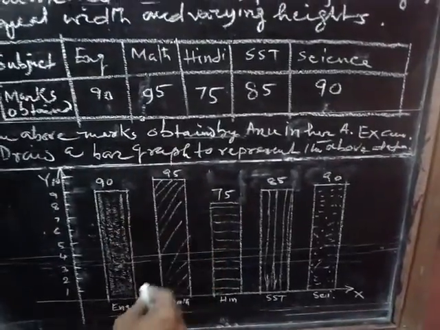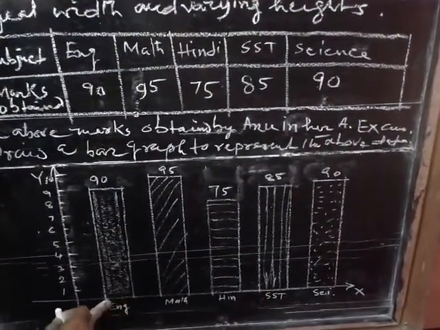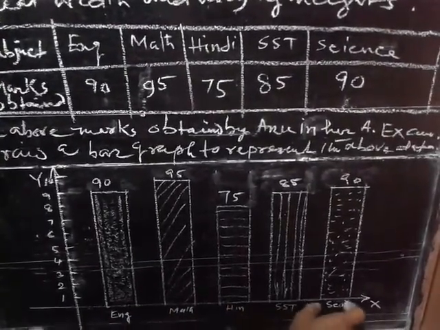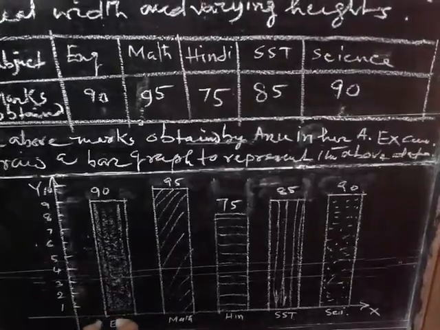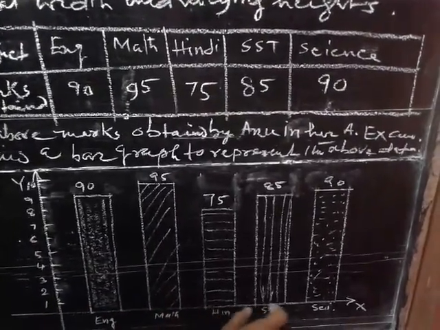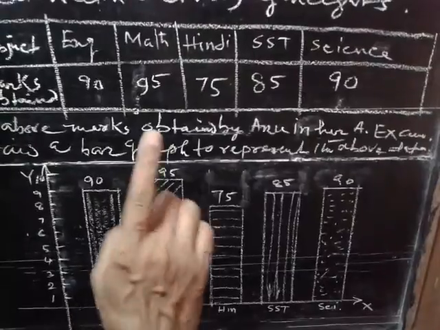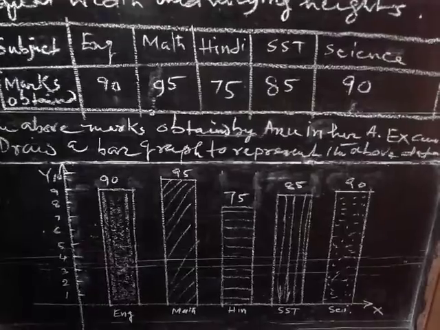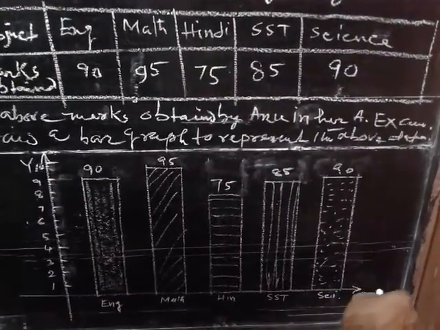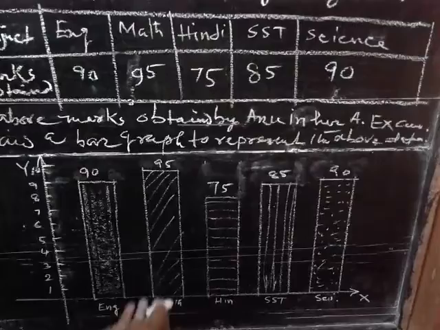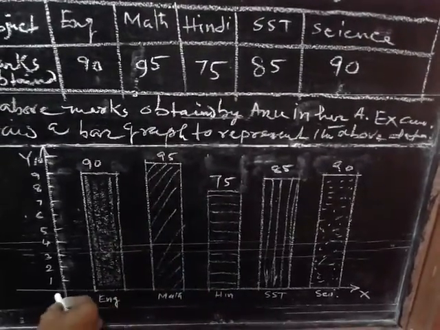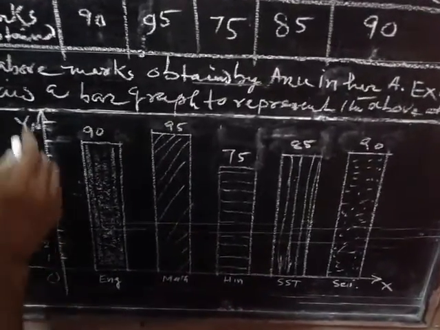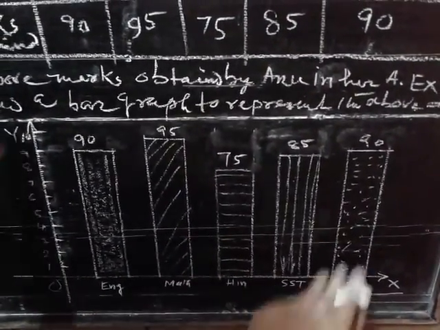This is the criteria you have to follow whenever you are drawing a bar graph. The width must be the same for each bar, and the gap between the bars must also be uniform. Keep these two things in mind whenever you draw any bar graph. See here, I am taking the x-axis and y-axis in one direction only, so we are taking the positive region, that is x, o, y.